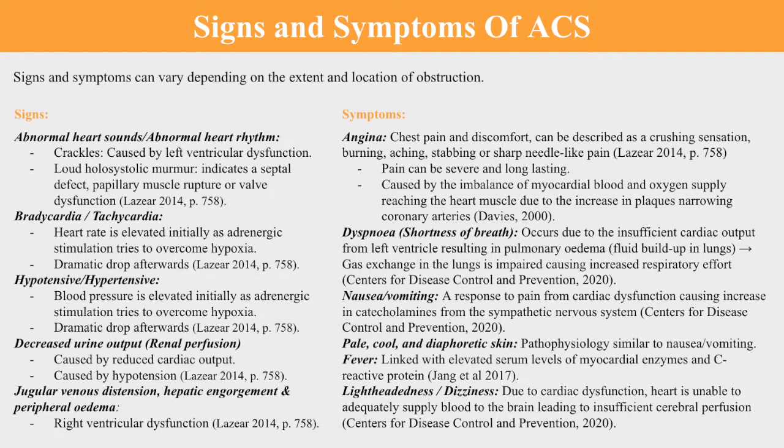Signs of decreased renal perfusion can also be observed due to reduced cardiac output and hypotension. A reduction in cardiac output leads to a diminished glomerular filtration rate, and consequently, efficient filtration of metabolic waste and fluid regulation is ceased. Additional clinical signs are jugular venous distension, hepatic engorgement, and peripheral edema, which are all a